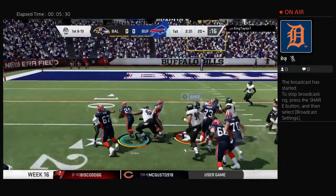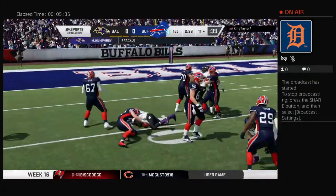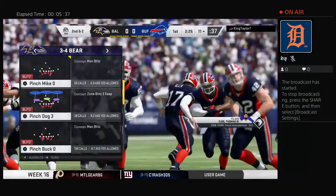On the ground, this is T.J. Yeldon. And his first carry, he loses the football. Wow, that ball gets knocked free, but it's...